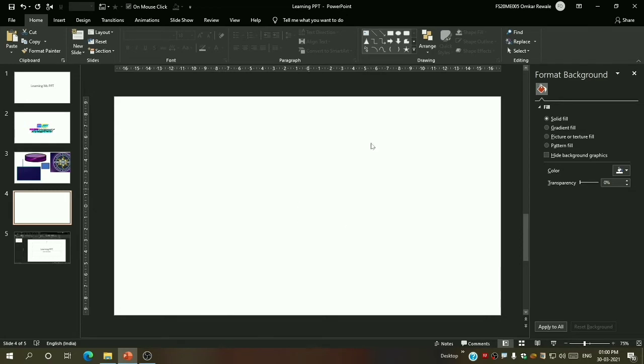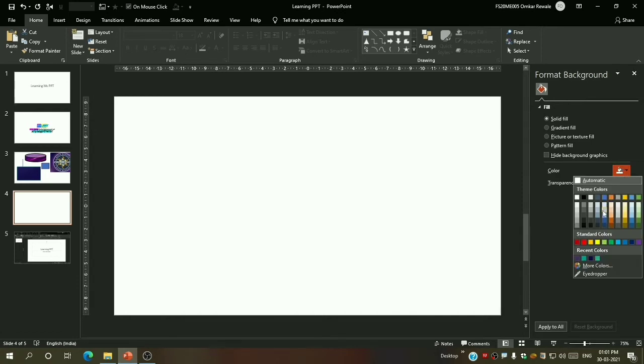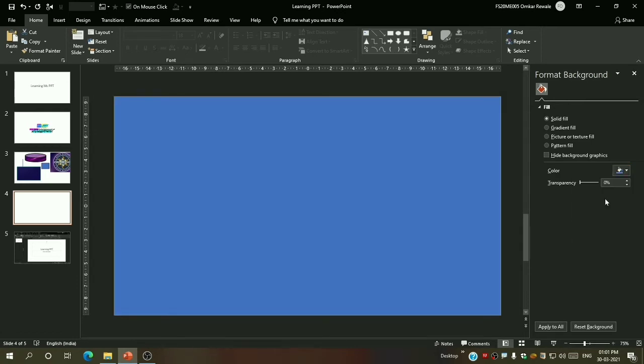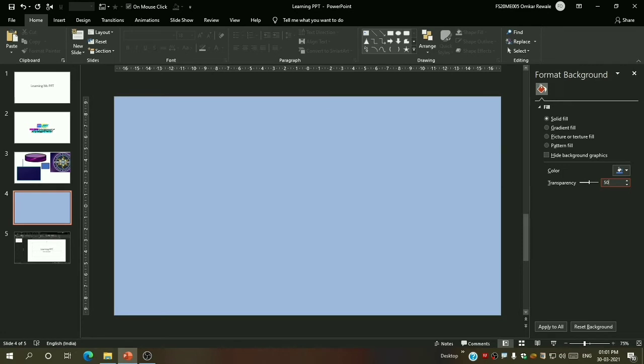Now for example, from here I have to give the background, so you can see format background. So from here, this is the format background tab. From here I can select any color and you can see the background color has changed. And then transparency level, I can increase or decrease the transparency level from here. These arrows are provided, or I can do that custom by selecting this, pressing let me say 50%, then press enter and you can see its transparency is increased to 50%, or you can increase from here also.